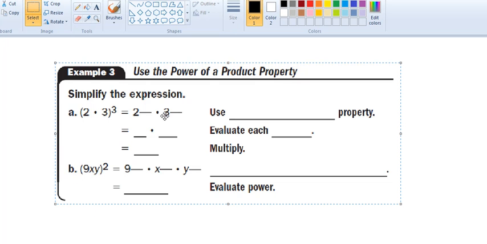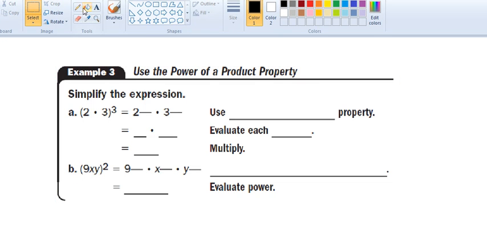And finally, at the bottom of the page is example 3. Now this is the power of a product property. And here's what we have here. We have a 2 times 3. And I know a lot of people are going to be able to figure this out. This is 6 to the third power. But we're going to try just using this property so that when we have variables, we can do it a